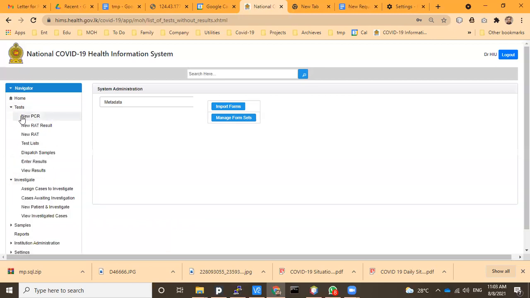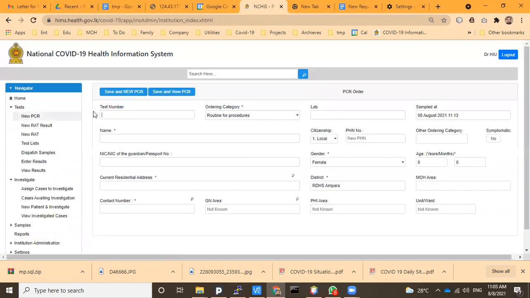Then they can also add new PCR or RAT. Yes, what they do now is, whoever is the MLT in charge at that time will collect the samples, prepare the list and then send.